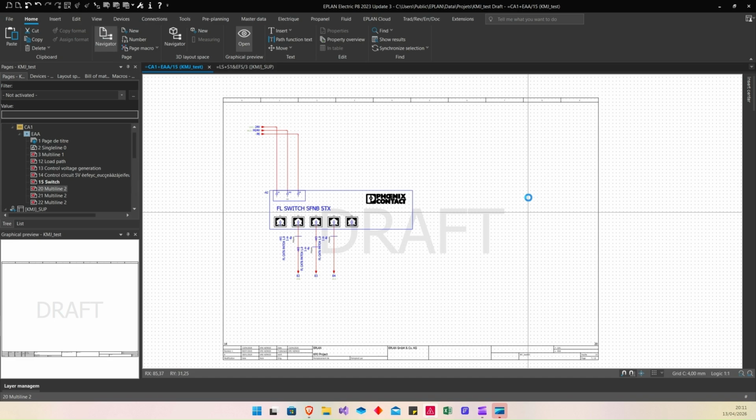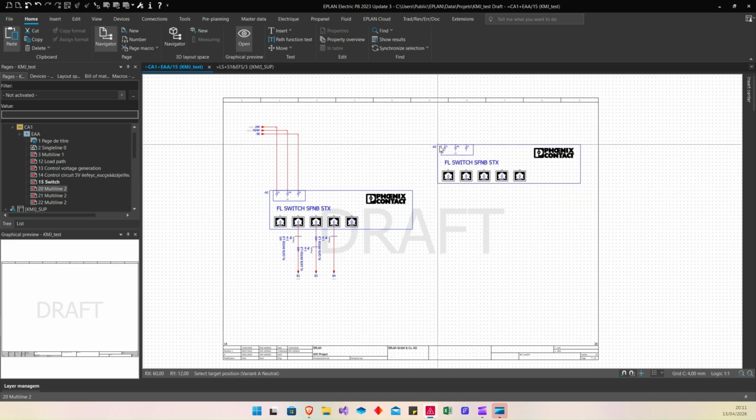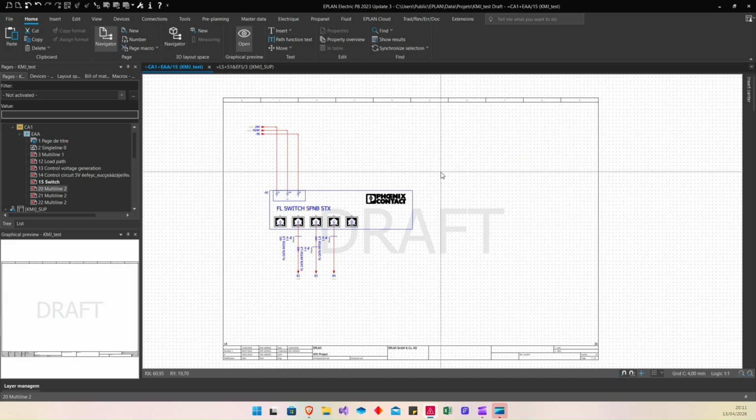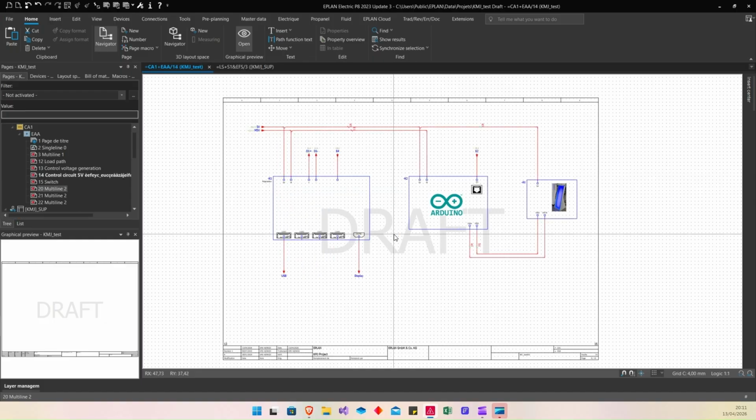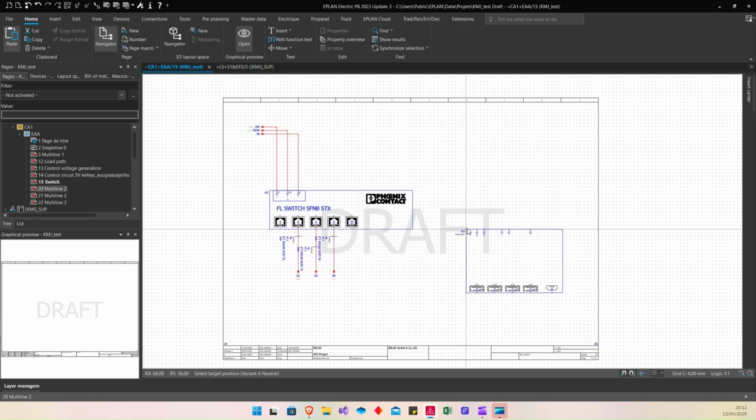So when you paste, you can see that I have just this object. If, for example, I want to reuse all these objects in another page in my current project, I can do that, but you can just copy one object in ePlan. And if I copy this and go to another page, I can paste just this.